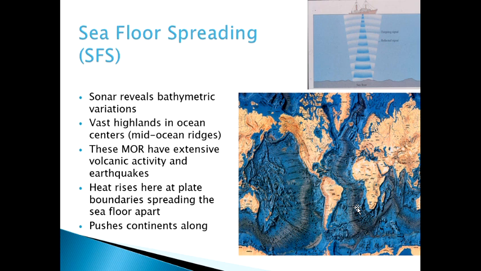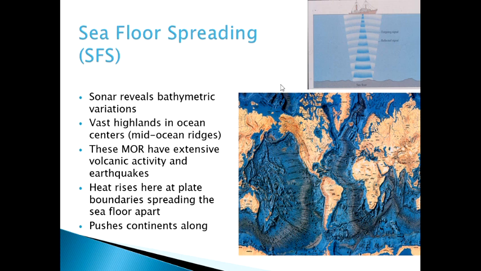And the bottom has, for now, let's just talk about the main feature. In the middle of the oceans, they had these mid-ocean ridges, basically a mountain chain that runs down through the Atlantic, over to the Indian, and then over up into the Pacific. It's tens of thousands of miles of mountain chain, if you will.